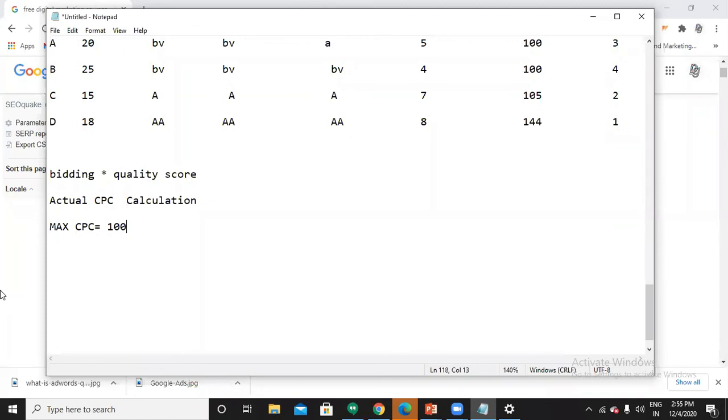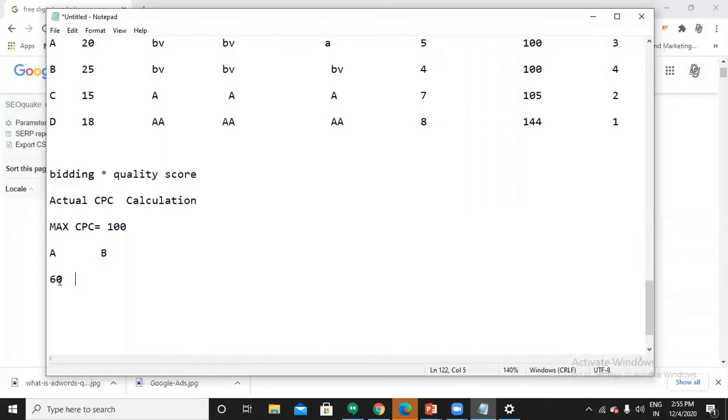So how does it work? There are two competitors, A and B. B's max CPC is 100 rupees.